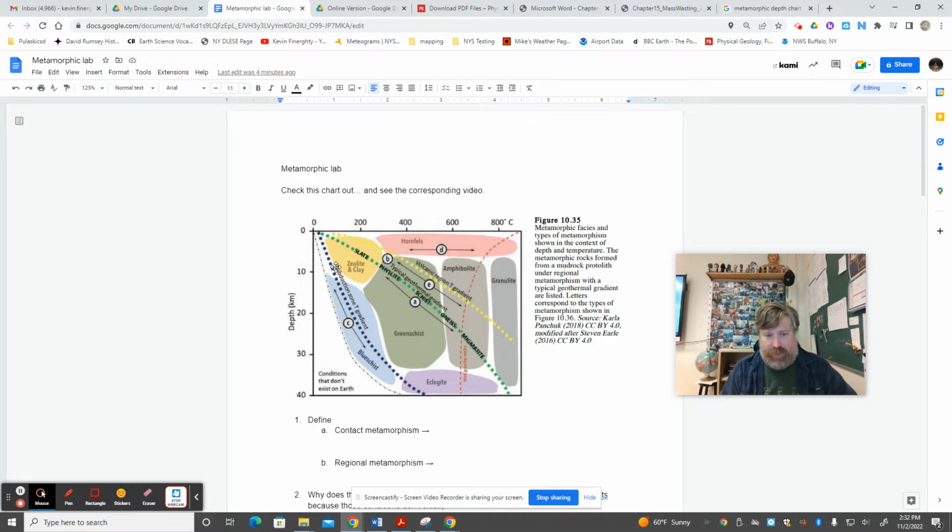The bottom left here, and I guess I'll do the blue line first. Subduction metamorphism is kind of the rarest. It's the hardest to find because what you need there is in a subduction zone tectonically when rock is being pulled down into the earth. In other words, it's going down so fast that it gets down to these higher